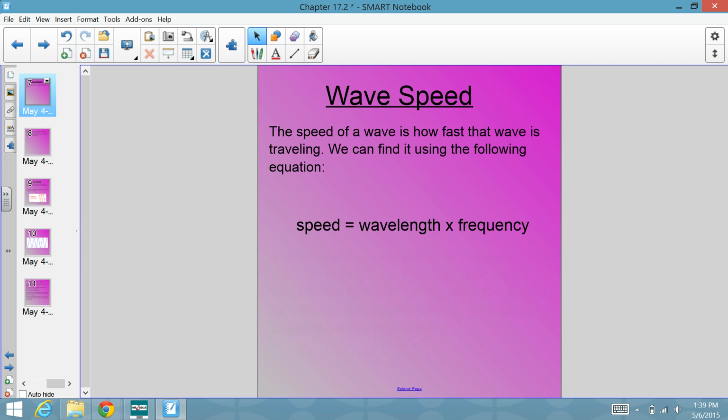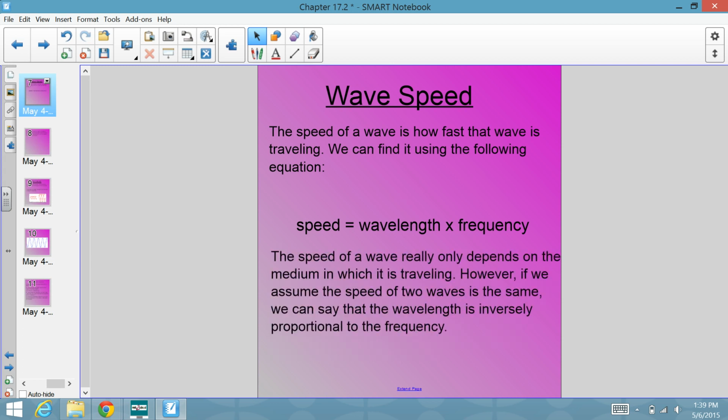Now, the speed of a wave really only depends on the medium in which it's traveling. The denser the medium, the faster the wave will travel. However,